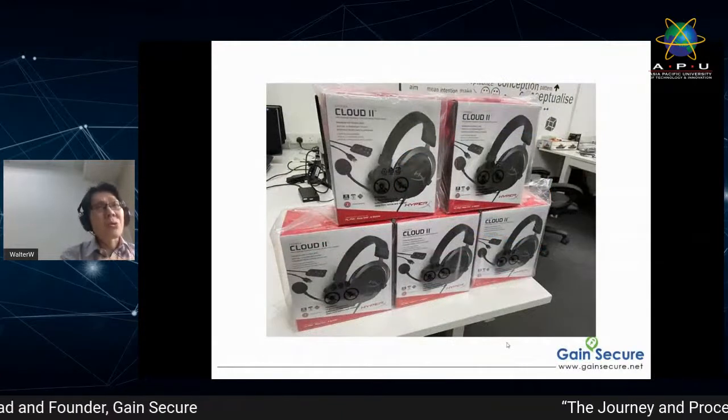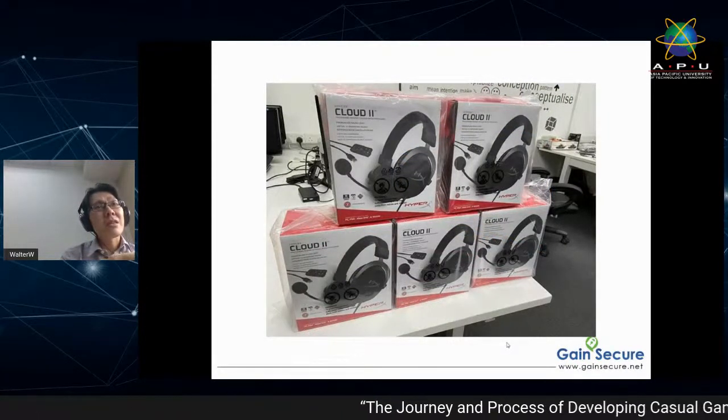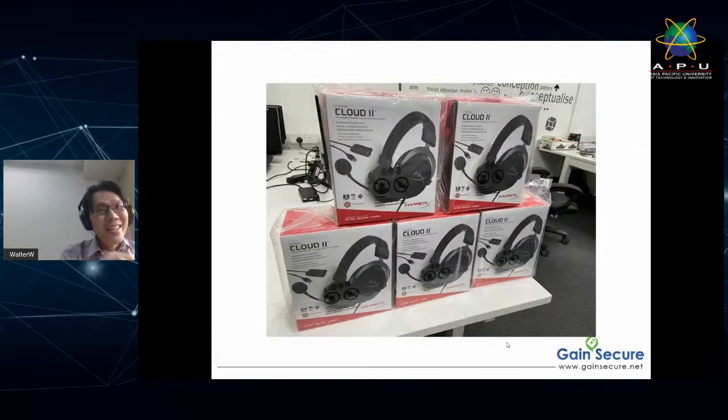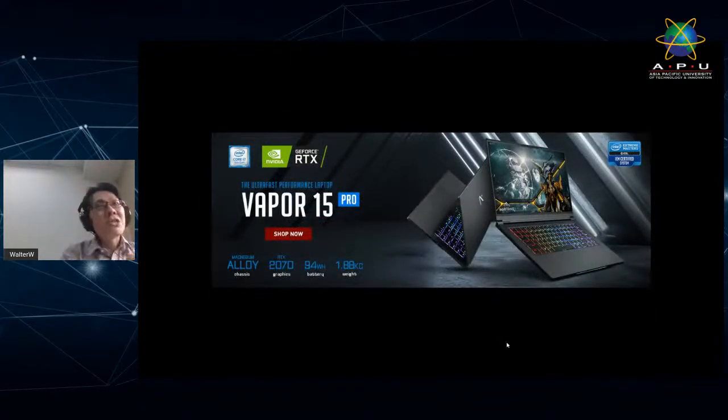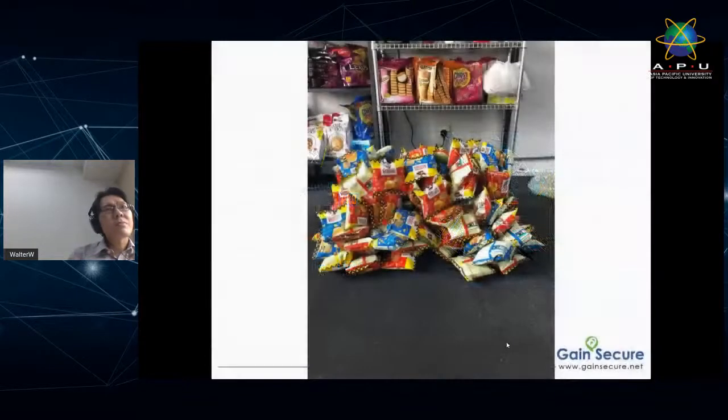Last year, we also upgraded our colleagues' setups; we gave them a gamer headset as a kind of Christmas present. So with the chair, I think it's a full set already, except for the mouse. And we also recently purchased two of these specific laptops from Singapore. It's called the Aftershock, because we have two colleagues joining us in July. We're getting them new laptops, which is this, right? The Aftershock Vapor 15. I kind of like this. It's really slim.